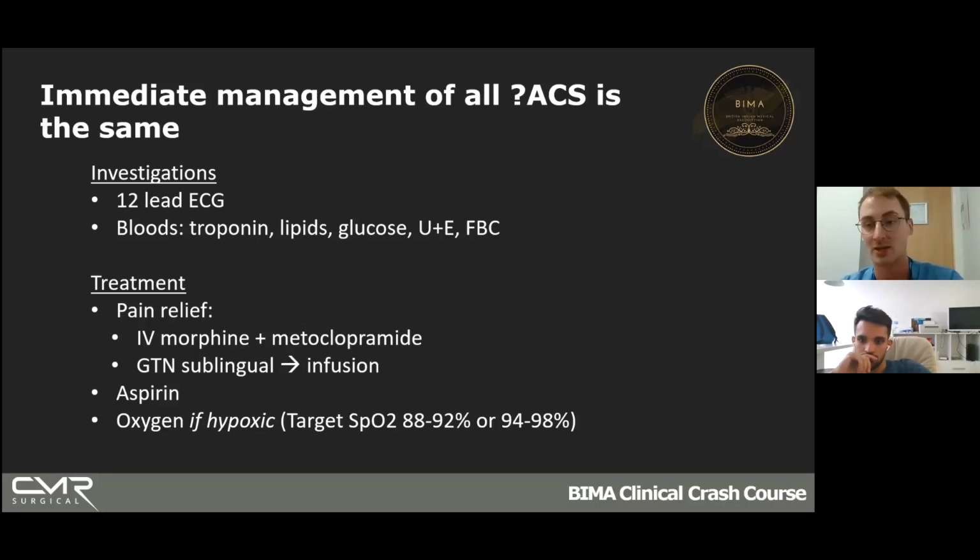It was brought up about type 2 MI earlier as well, and this is where the full blood count comes in very handy. So there's a bloke on our ward at the moment who had some ischemic chest pain last night, some T-wave inversion and some ST depression. We thought he was having an NSTEMI because the troponin was raised as well. It turns out that he was actually anemic. And what he's got is a type 2 MI.